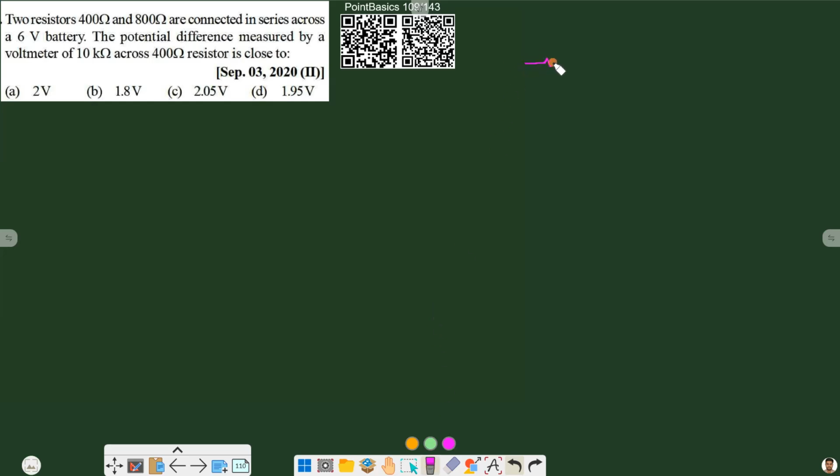Here we have 400 ohm resistance and in series with 600 ohm resistance. They are connected to a 6-volt battery and measured by a voltmeter of 10 kilo ohm. So here we have a voltmeter connected parallel to the 400 ohm resistance, and this voltmeter has a resistance of